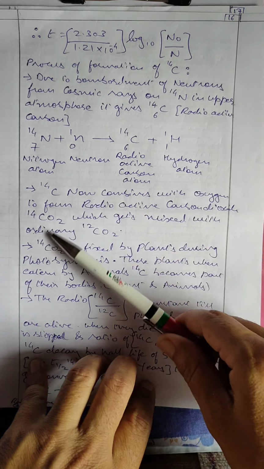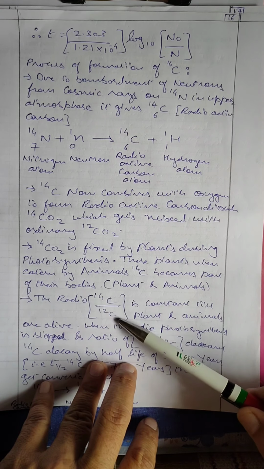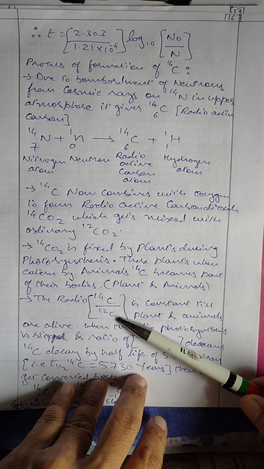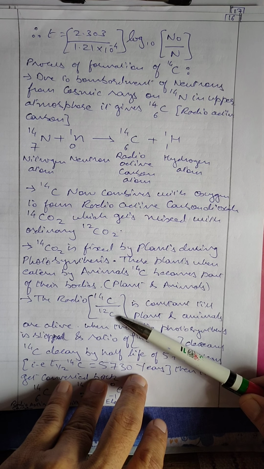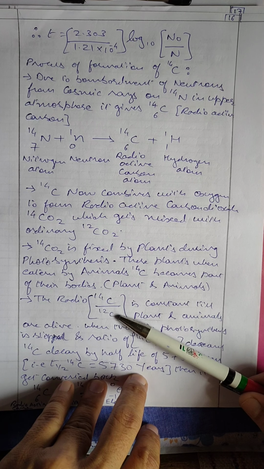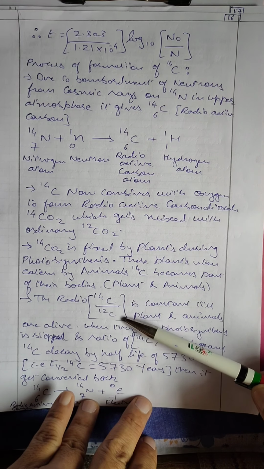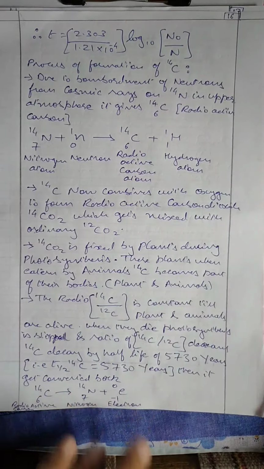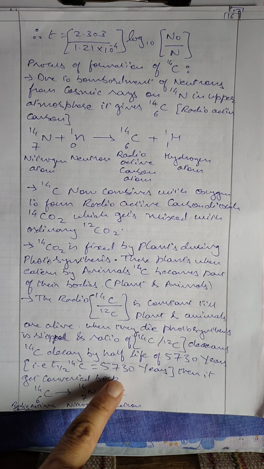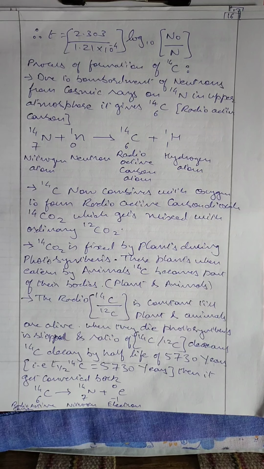So this is how the radioactive carbon dioxide remains, and the ratio of C14 to C12 is always constant in plants and animals, because as long as humans, plants or animals are alive, they are continuously eating food and continuously fixing carbon dioxide, and this is how this ratio remains constant. But when they die, what happens? This ratio decreases, and this is how we can calculate from the half-life period. We know the half-life of the radioactive carbon C14 is 5730 years, and this is how we can get it. And what happened? The reverse reaction takes place.